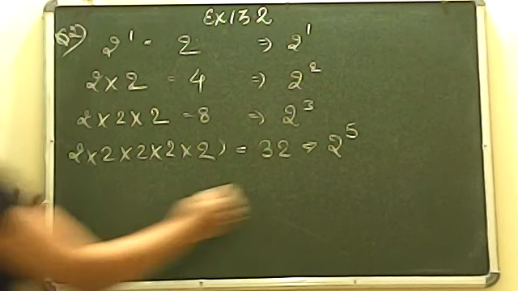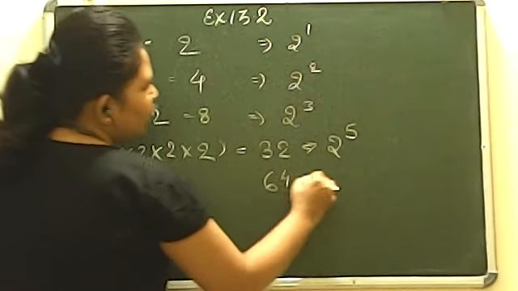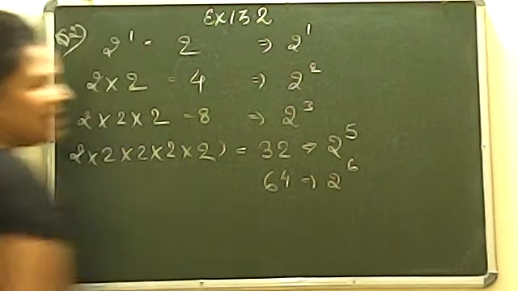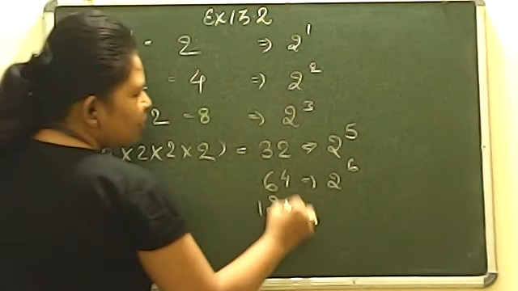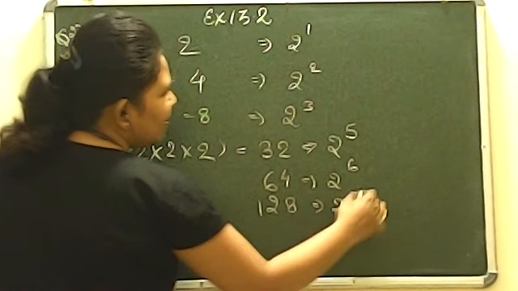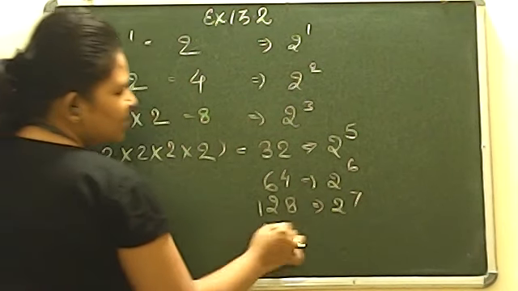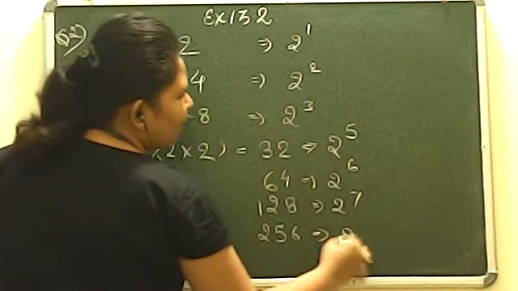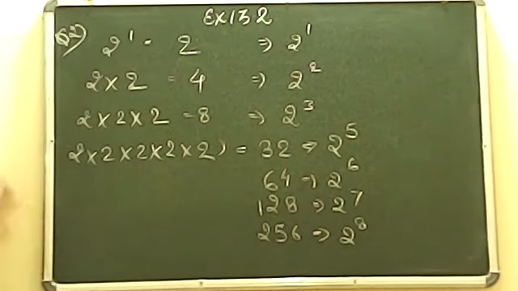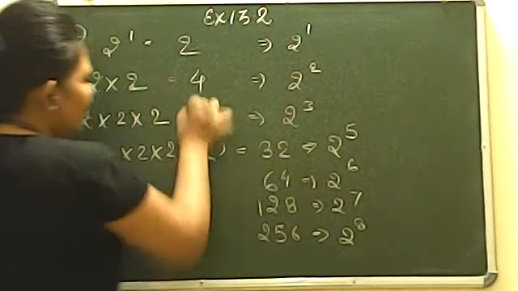The same way 64 अगर आपको लिखना है बेटा तो you can write it down 2 to the power 6. 128 क्या हो जाएगा? 2 to the power 7. ठीक है, 256 will be there now 2 to the power 8. ठीक है, इस तरीके से आप चाहे तो you can simply break it. Have you understood now? शशांक कह रही हूँ, सारांश, do you remember you asked me a question yesterday related to that only, beta?